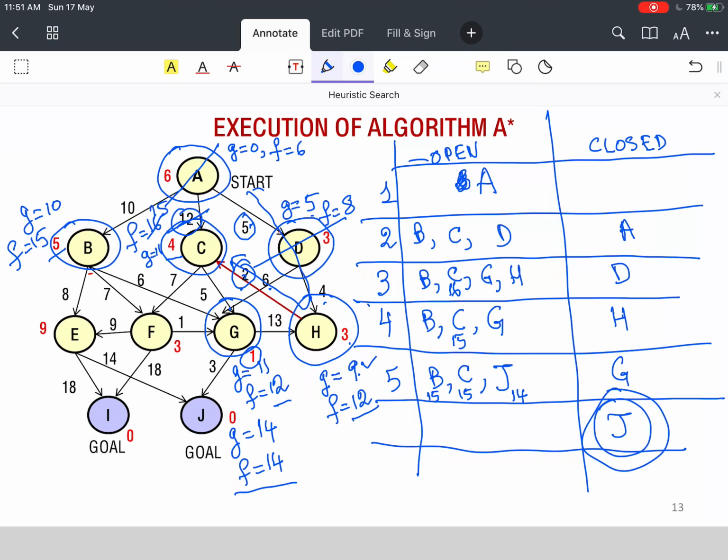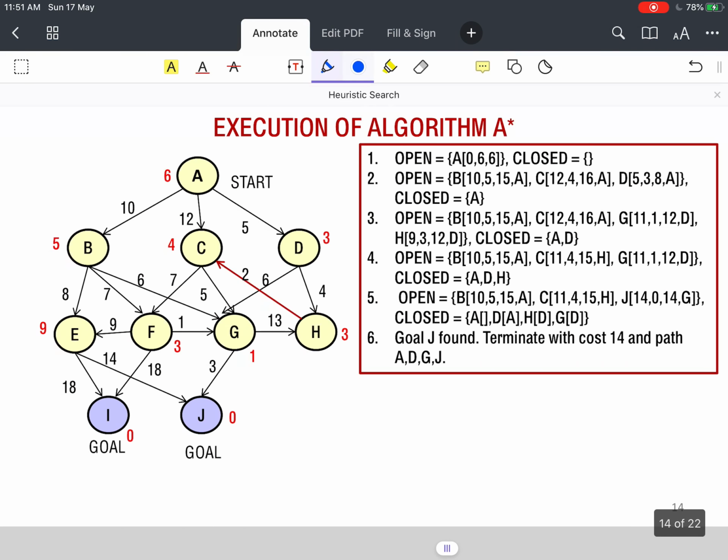This is how the algorithm A star works. We have detailed it out in this step. Similarly, we have again detailed out the execution of the algorithm in a different form here. This is the initial step, then A is put in closed, then D is put in closed, then H is put in closed, and once H is put in closed, then immediately as we see, the values of various nodes get updated.